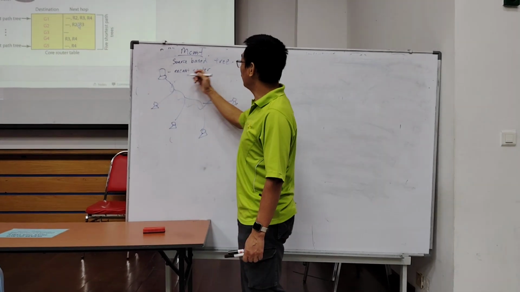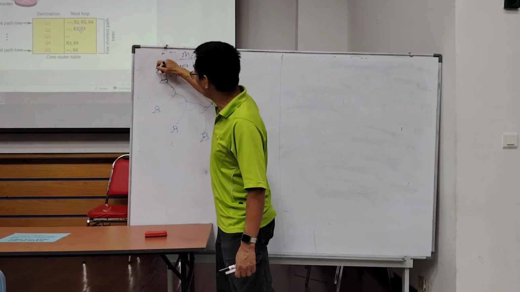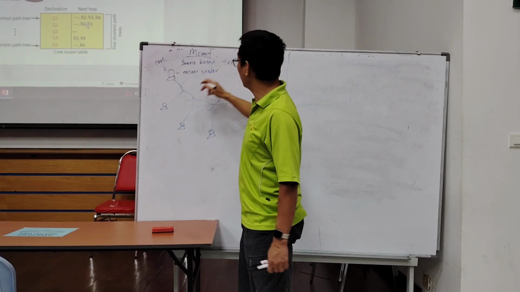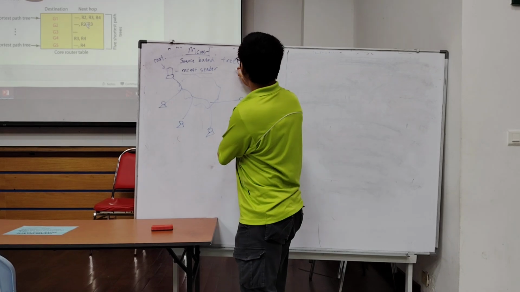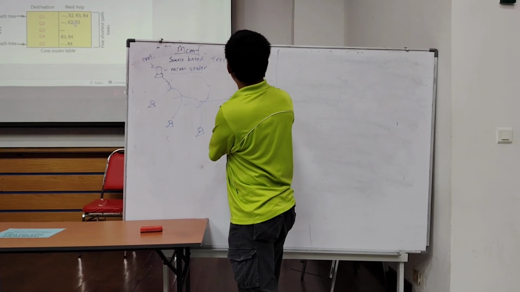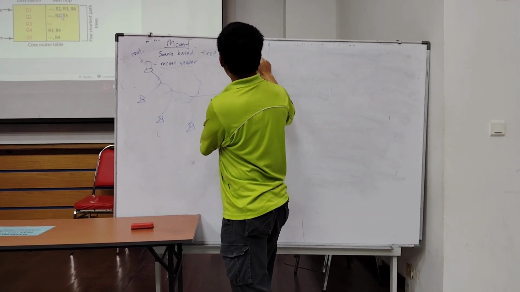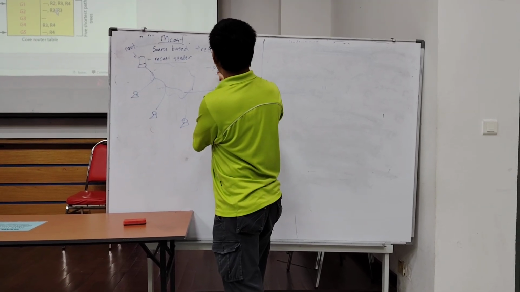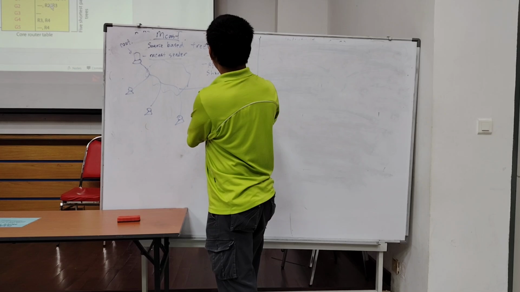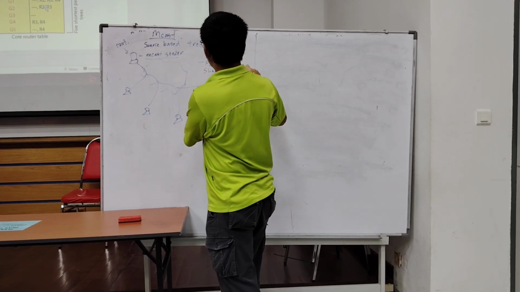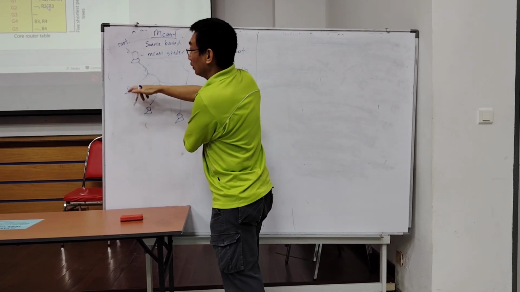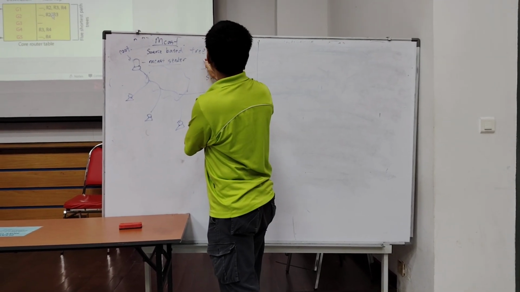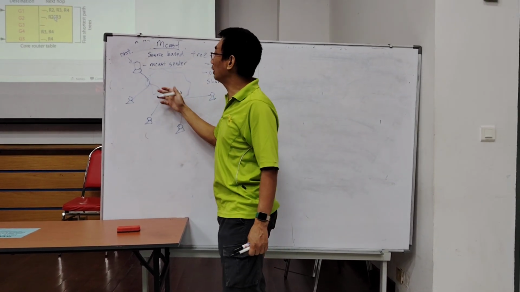In this case, because this one will be the root of the topology, the sender is the root. So it has the optimal path, or you can call it the shortest path. From here, this is the root, this is the receiver, so we have the shortest path. It's the optimal path. But the problem with this one is that